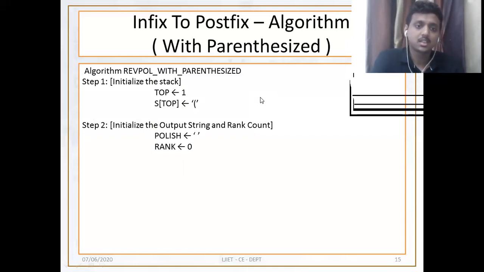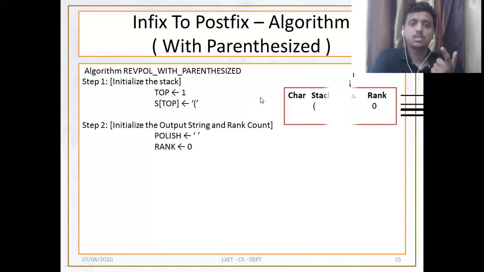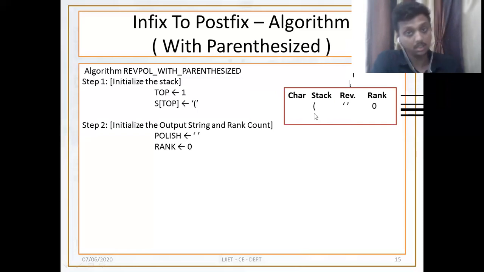Next, the third step: after the initializing process, we need the next character, the value of the next variable. So this is our first step. The stack contains the opening bracket, the reverse polish string is initialized with null, and rank is initialized with 0. So our steps are good.